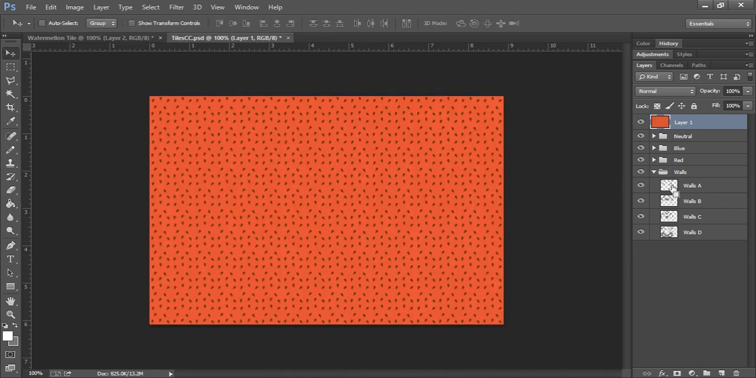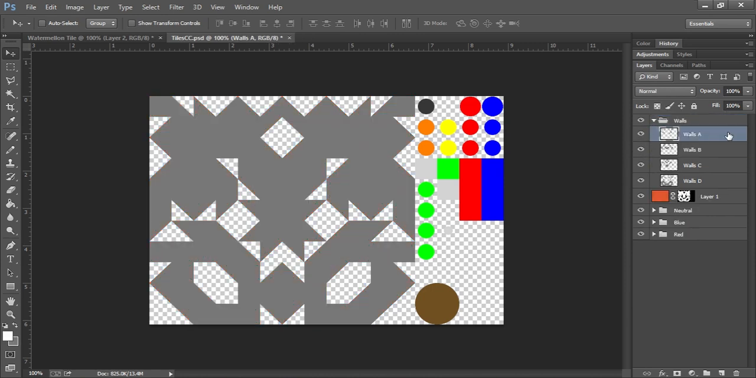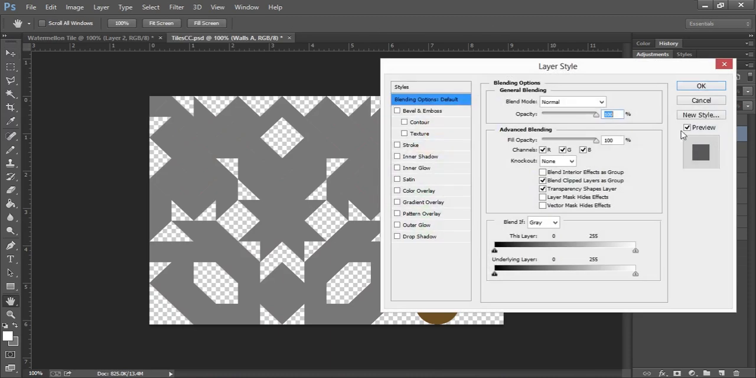Now we're going to select each layer by control clicking or control shift clicking to add to that selection. And with the layer still selected, press the mask button at the bottom, and there you go. Now everything's punched out from that layer. Now we're going to take the walls layer and put that over top of our watermelon layer and double click